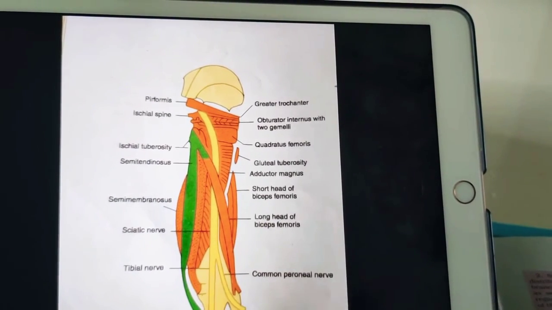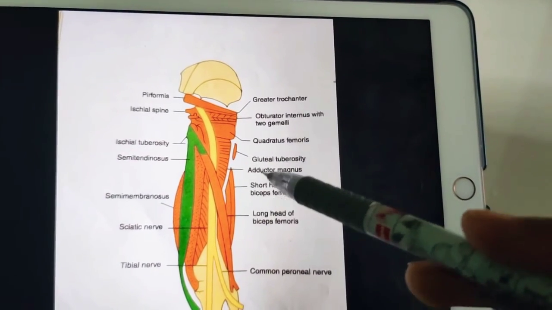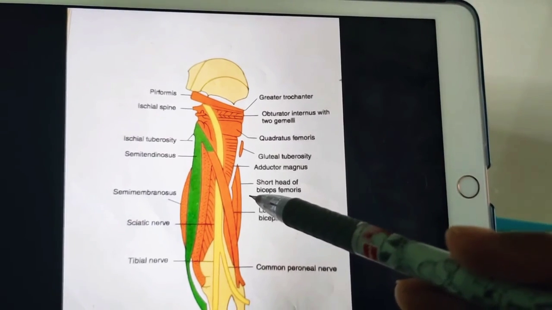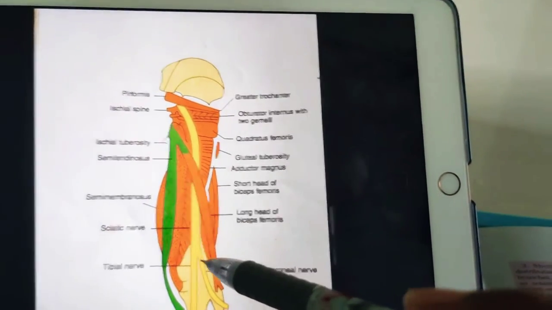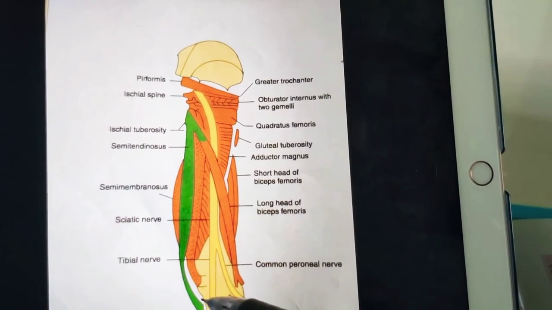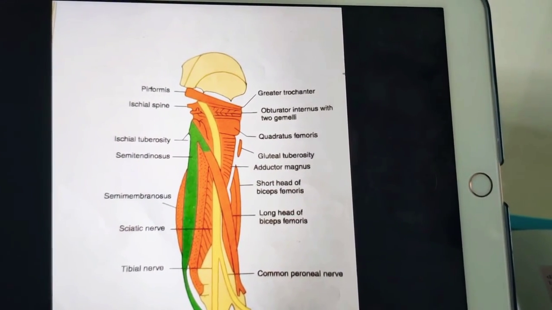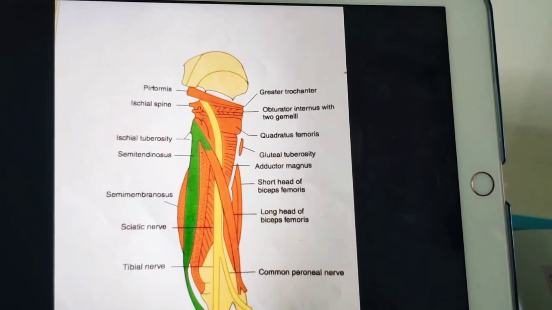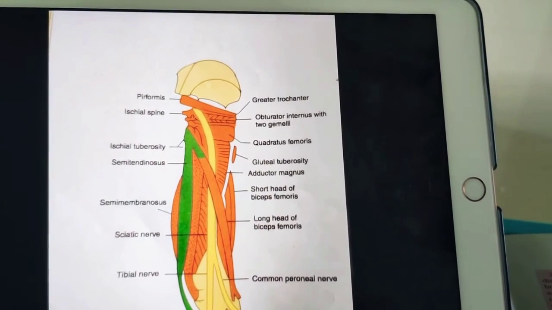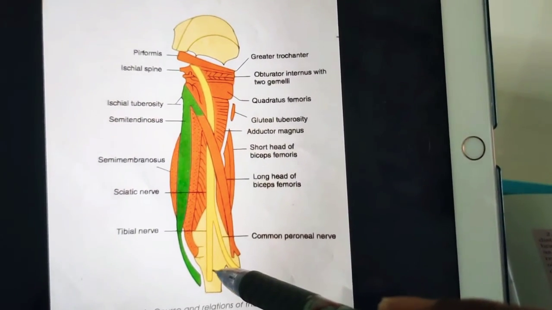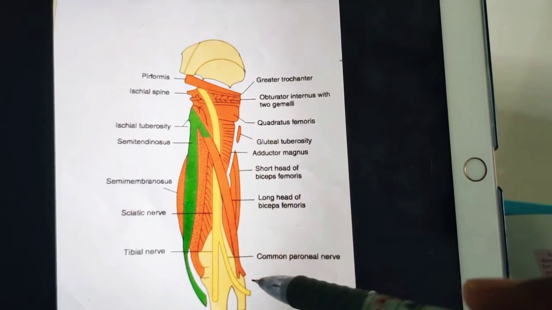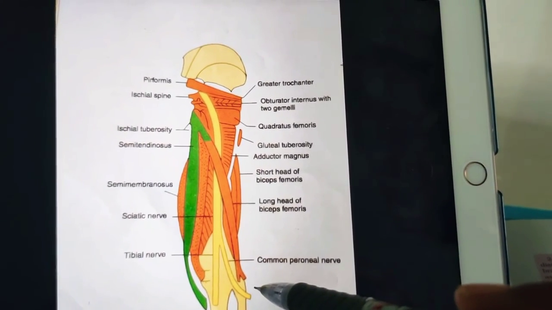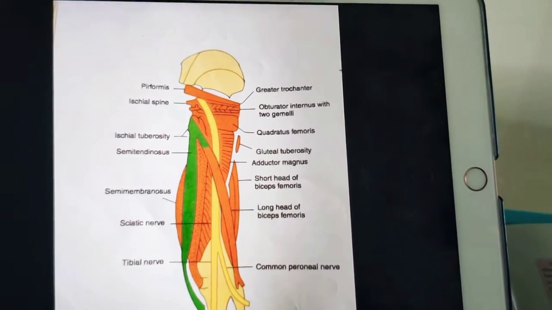Actually, the whole posterior part of our muscles, the hamstring muscles, are supplied by the sciatic nerve. So all those will get paralysis, but except the foot, and the foot except the area innervated by the saphenous nerve. The saphenous nerve is a branch of the femoral nerve, coming from another branch. It's not of the sciatic, so only that area will be spared.